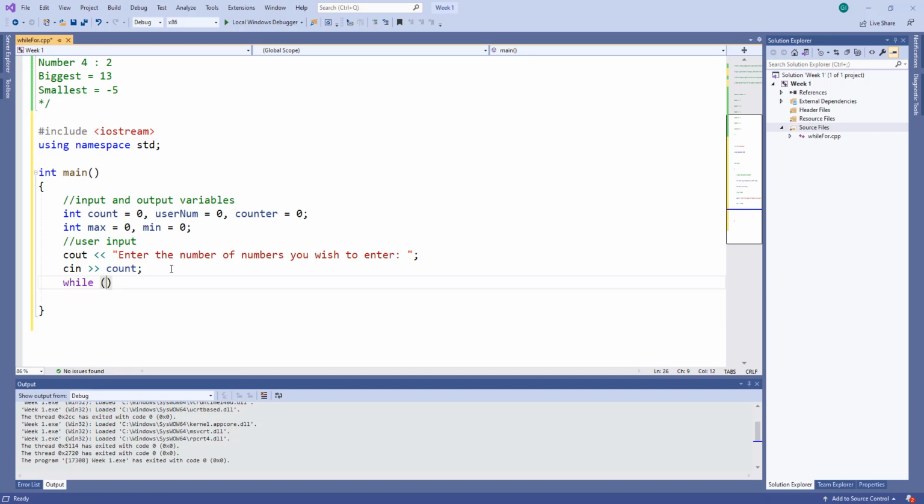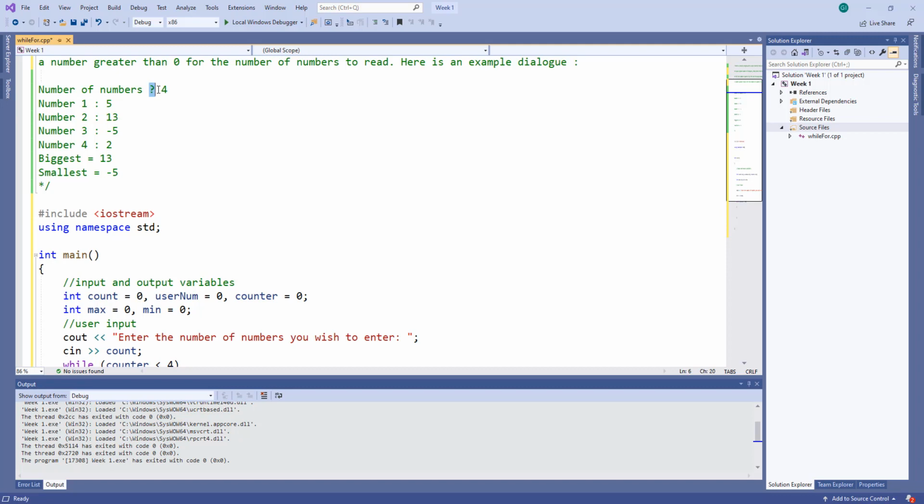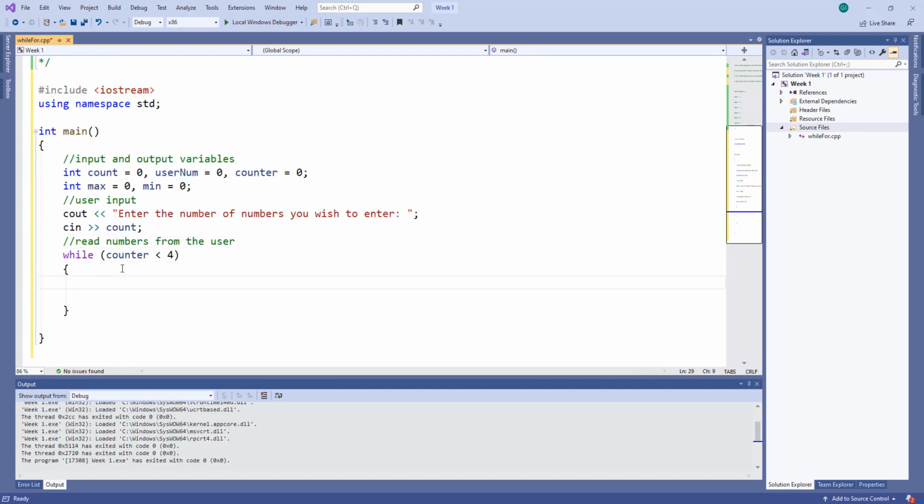So while counter less than 4, because the user said they wanted to do, in this example, 4 numbers. So if we start at 0, 0, 1, 2, 3, including 0, we will get up to 4. So it depends on how we write the while loop, okay? So here is where we read numbers from the user. Okay, all right. So while counter less than 4, we output,